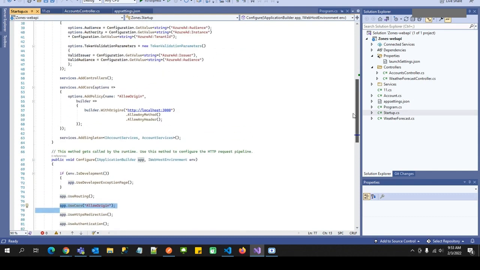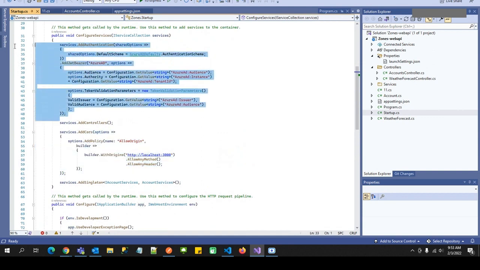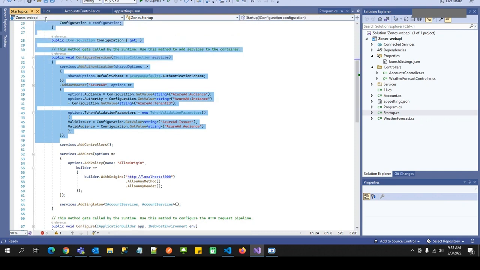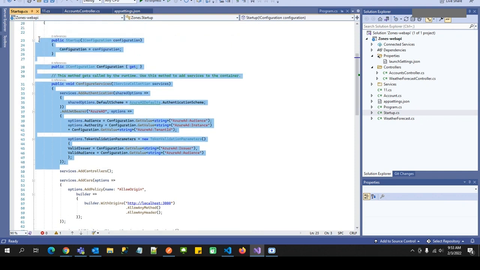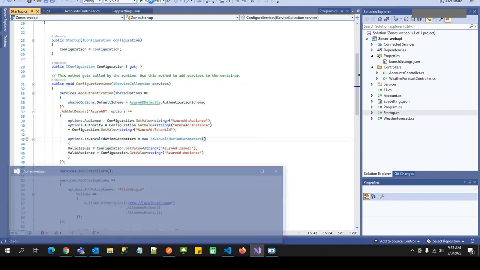So only these changes you do. Change 1, change 2, change 3. Change 3 goes up to here. That's it. Only 3 changes you do. And whenever we run this application,